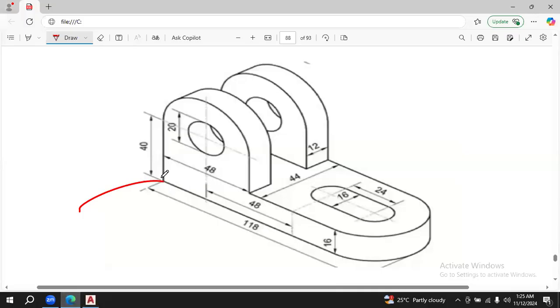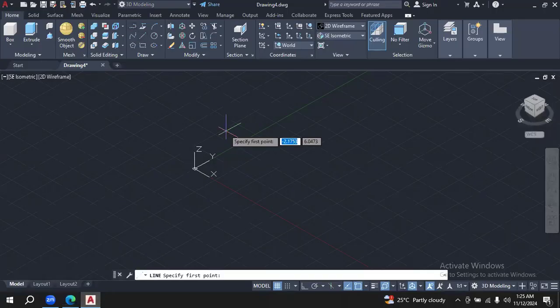And first of all, use the line command to create this length of 118, but 118 is the complete length up till here. So 0 tab 0,